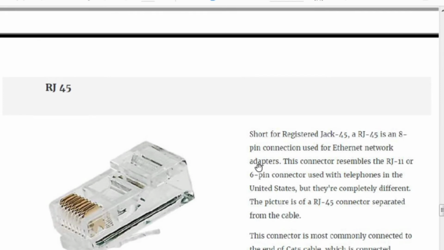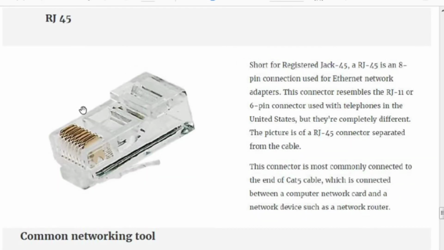RJ45, short for registered jack 45, is an 8-pin connection used for Ethernet network adapters. This connection resembles the RJ11. RJ11 naman po para yan sa telephone connections for use with telephones in the United States, but they are completely different. Magkapares lang po sila pero mas maliit po yung RJ11. Okay, the features of our RJ45 connector separated from the cable. RJ45 po yan. Pero kung mas maliit po dito, ang tinatawag po yun na